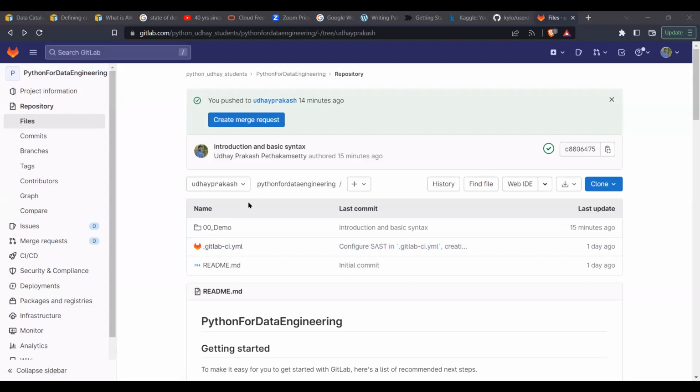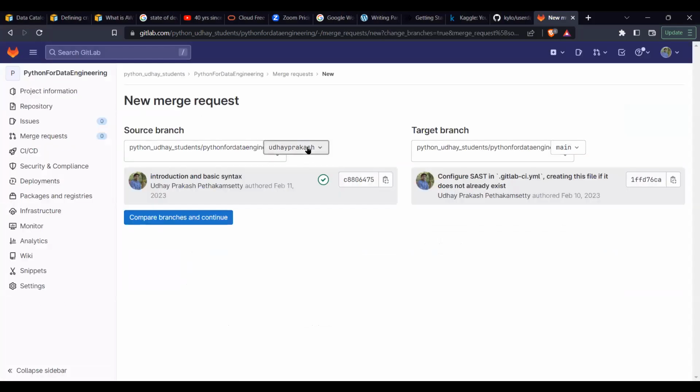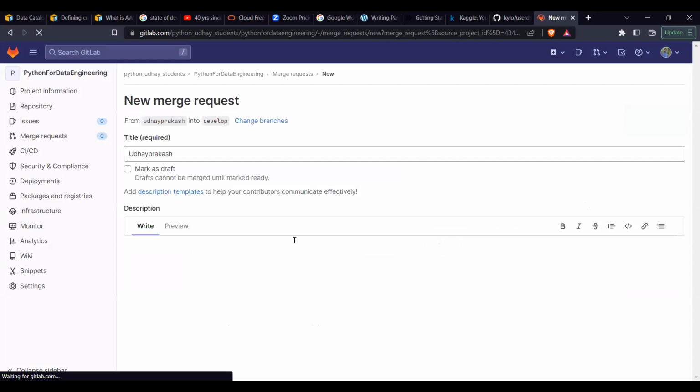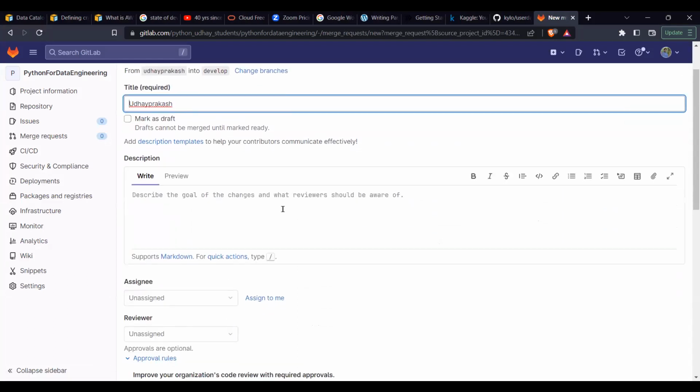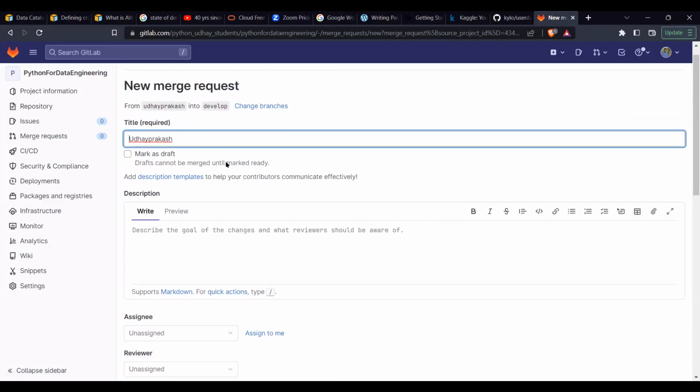Now I came to the Uday branch. Just now I pushed the code, right? I came to my branch and I'm giving a merge request. I'm creating a merge request from Uday branch to main branch? No, I want to change. Where do I want to go? From Uday branch to develop branch. If I give develop branch, it will compare branches and continue. You can see now I'm giving a merge request from Uday branch to develop branch, and